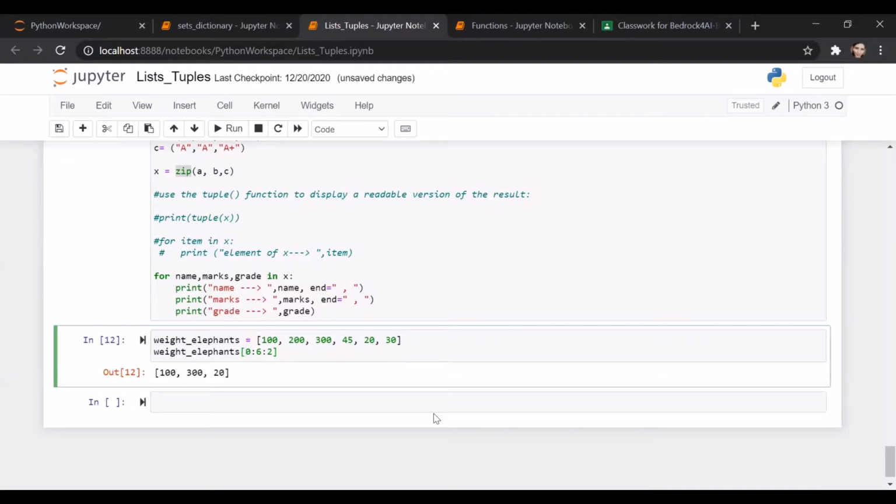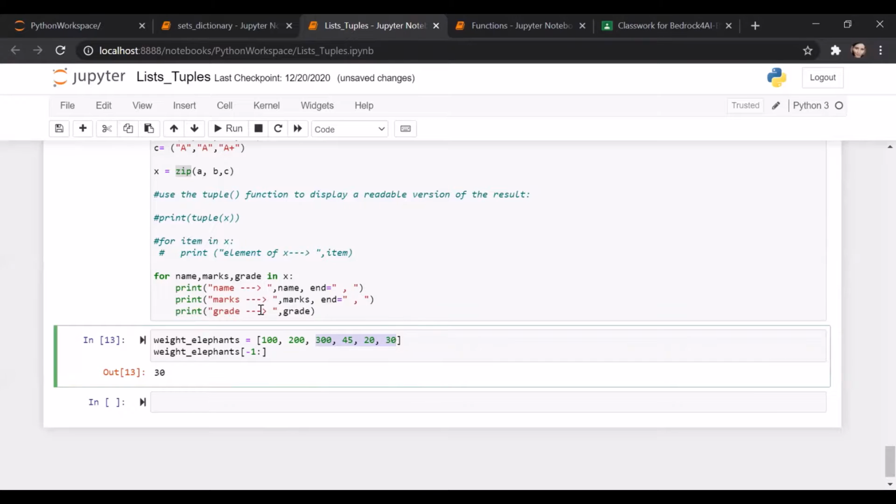So if I wanted to read the last element, what index number should I use? What will this print? 30. 30, right? And now if I wanted to go from -1 to, say, I wanted it to print up to 300, then what should be the stop here?